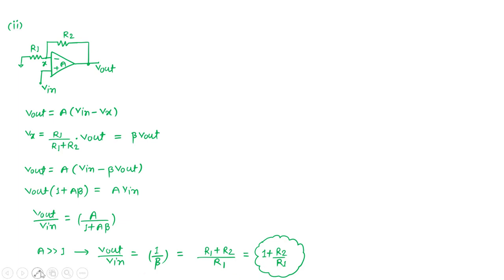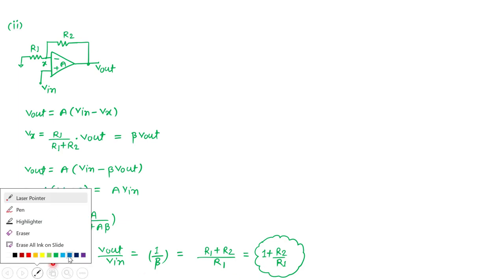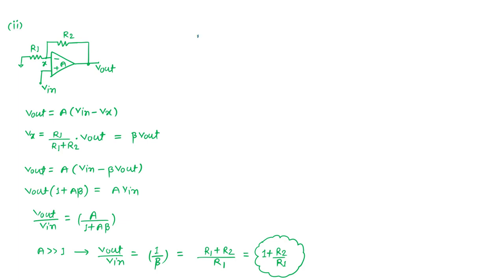But now, if gain is finite, then we cannot always write it like this. Okay. Again, if I say my gain is 10, with the same simple example, my R1 is 10 ohm, R2 is also 10 ohm. Then what does it come to be? The V out by V in, the closed loop gain, comes to be